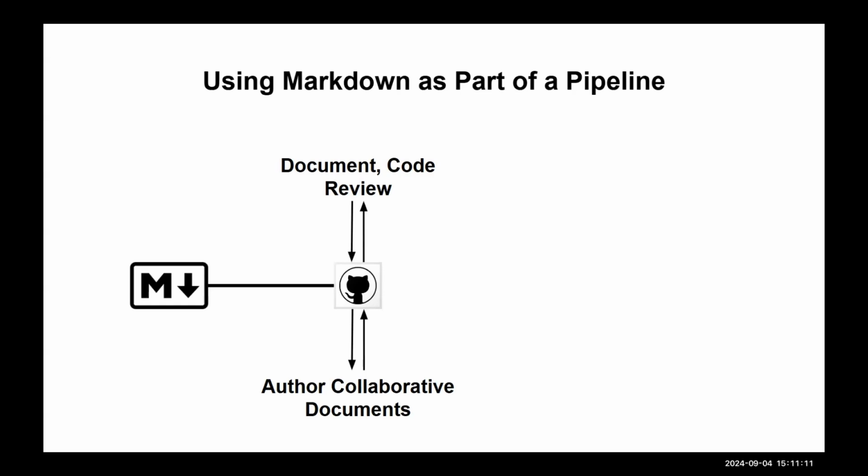You can also have author collaborative documents. If there are multiple authors, they can all commit their own Markdown into that Markdown file on GitHub, and it can be compiled pretty easily. Not too much problem, because you can see where things need to be put into place.